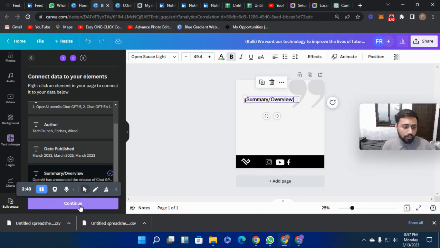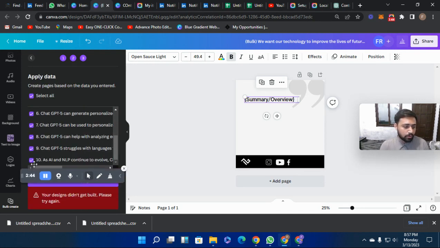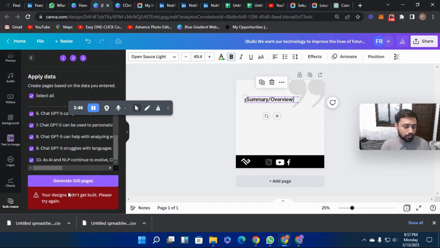So now I will click on continue. So generate 10 pages. I don't know what the issue is here. It's giving an error. So maybe it's a temporary error, but that's the procedure for how you will create data